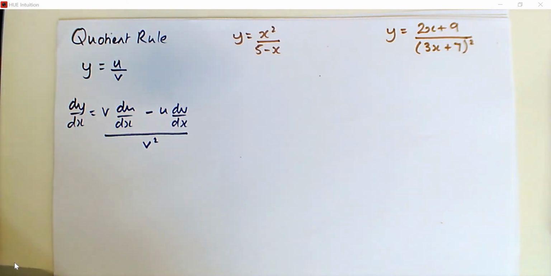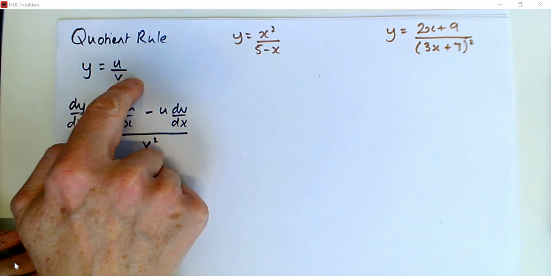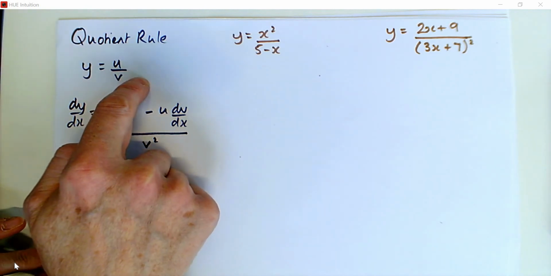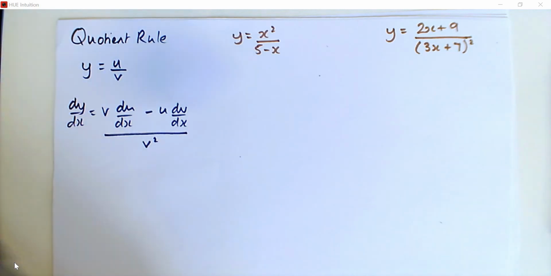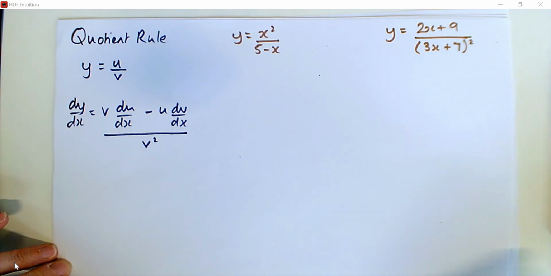Here are a couple of examples of the use of the quotient rule. So the quotient rule is used for things given as a quotient, a division. So when you see a fraction, you can use the quotient rule, unless it could be simplified first. You get given this formula, which is very exciting news, and so you just need to substitute into